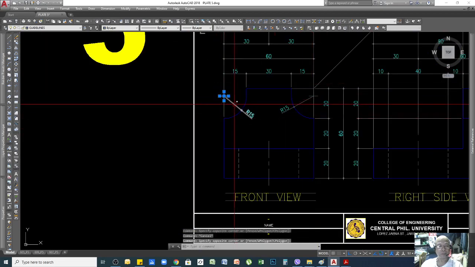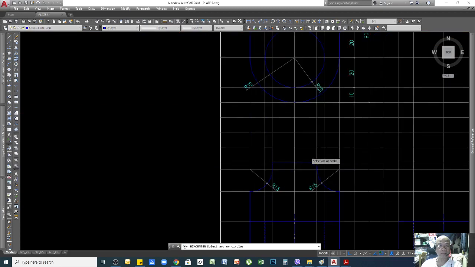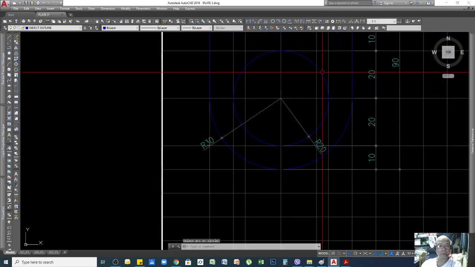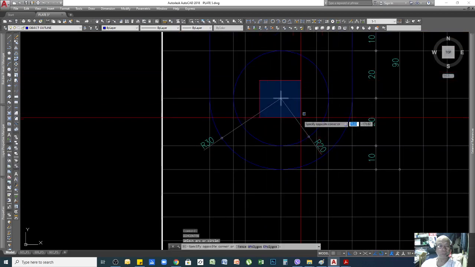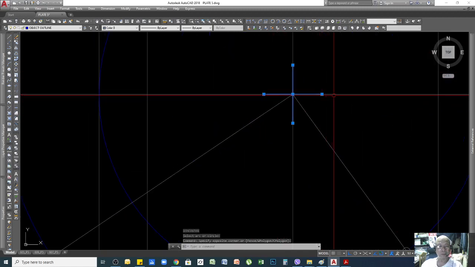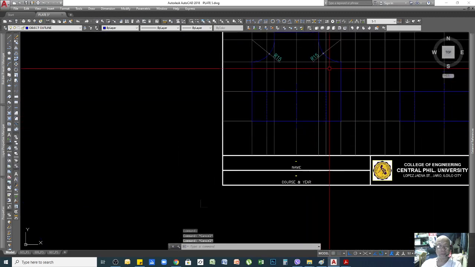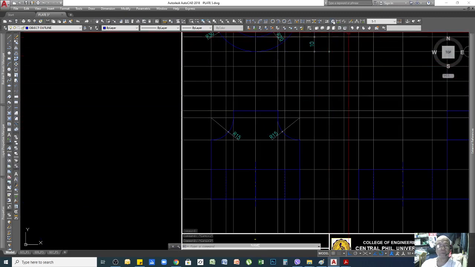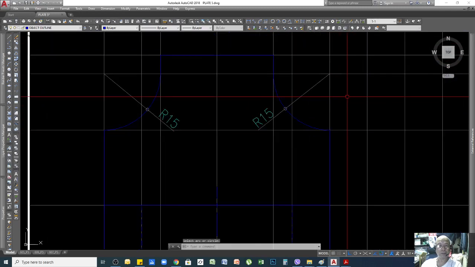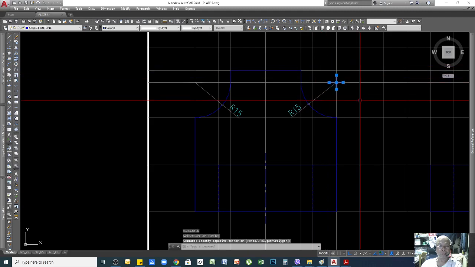There is a specific icon for that, which is this one. All you need to do is click it and then highlight your object like this one. So the symbol will appear there already. It's not clearly seen because of our grid lines. Same here, you can put the marking as your center, and also here. So the center marks are already there.